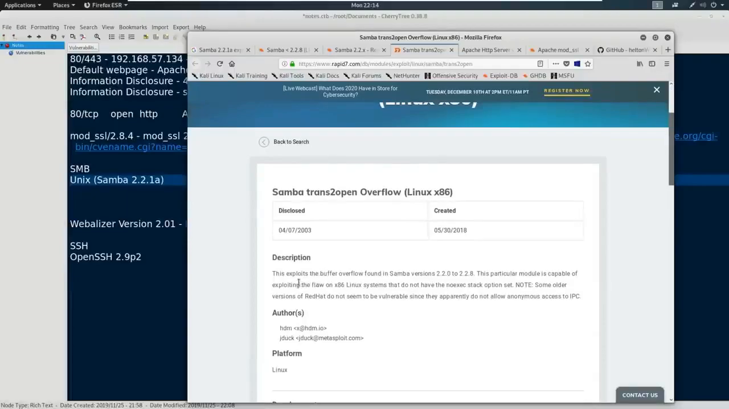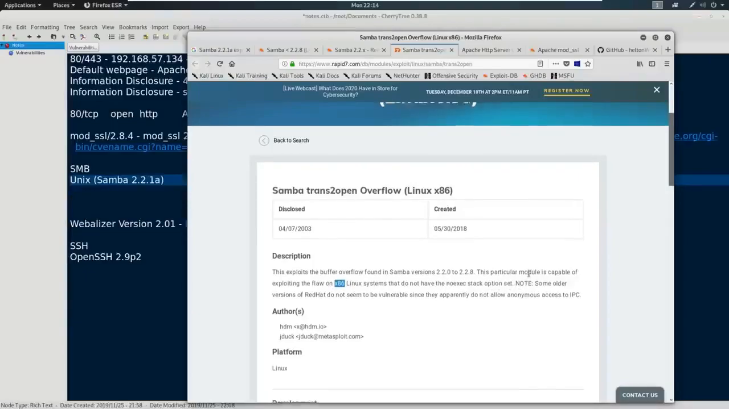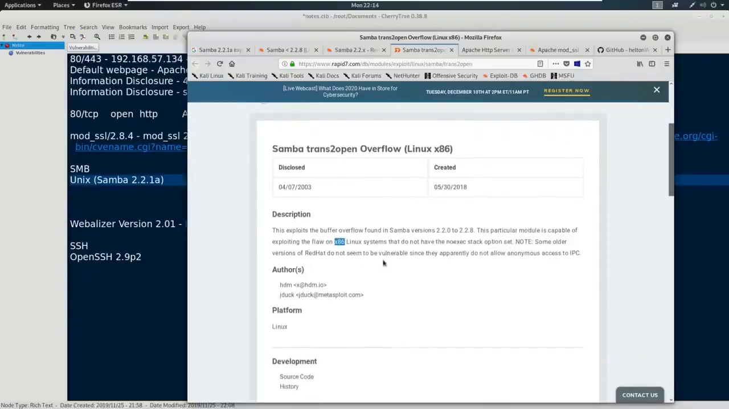Description. So it says, this exploits the buffer overflow found in Samba versions 2.2.0 to 2.2.8. That meets our criteria. This particular module is capable of exploiting the flaw in x86 Linux systems. That's important to know. That do not have the no exec stack option set. Note, some older versions of Red Hat do not seem to be vulnerable since they apparently do not allow anonymous